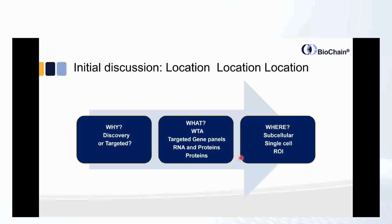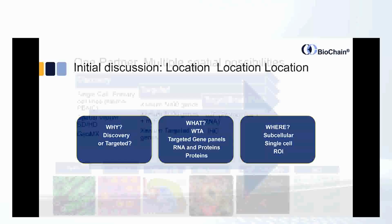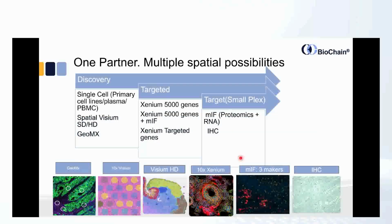And the last thing is, where are you looking at? Are you looking at the subcellular level, or the ROI level, or clusters of cells, or is it single cell? So once we understand what people are looking for, then we start understanding the journey of customers, in the sense